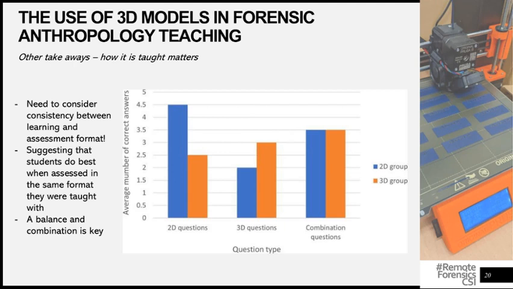So having this consistency between learning and assessment format is really important, suggesting that students do best when they're assessed in the same format in which they were taught. And I think the point to be made here is that a balance and a combination is key,